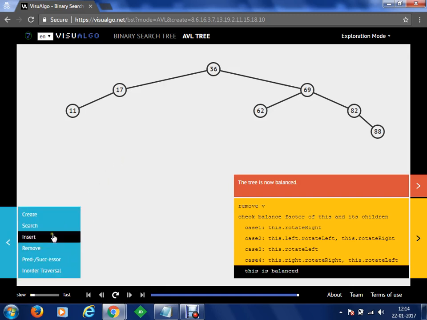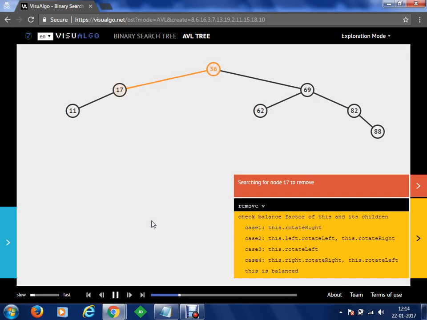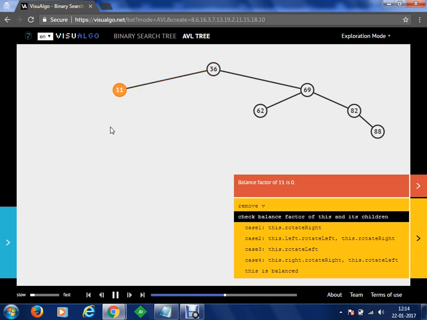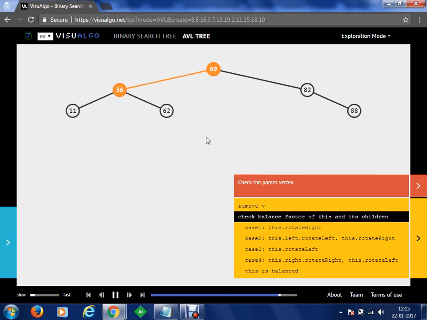So you can insert values into a binary search tree. Can you remove 17 now? Yes. Let's remove 17. In that case, what will happen? You will compare, remove that value and change that pointer to your 11. It has only one child that has been removed and now you are connected to 11. So the value will be removed and its left child will become the child of your main node. Will the tree balance? It will be balanced.